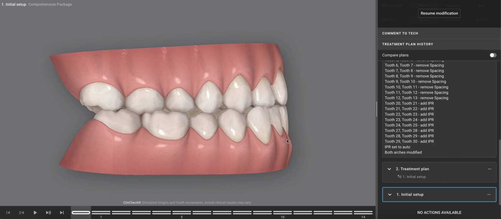As we can see, this isn't a lateral ceph, but we can see here that the mandible is in a more anterior position, sagittally in this direction here, than the maxilla. So skeletal class 3 is most likely a diagnosis. I don't have the ceph here, so it's hard to definitively confirm. With that said, I think we get a pretty good idea what's going on,